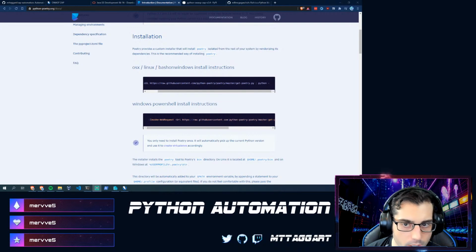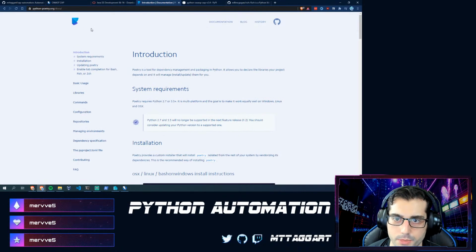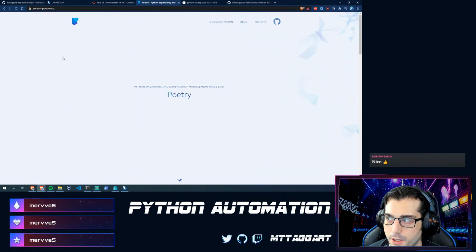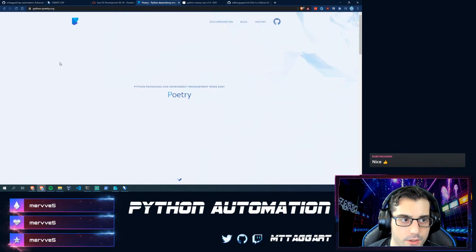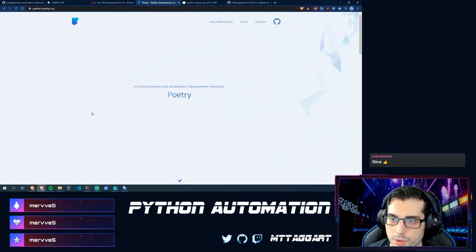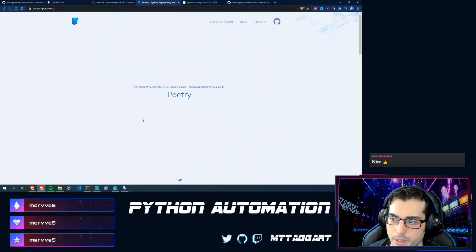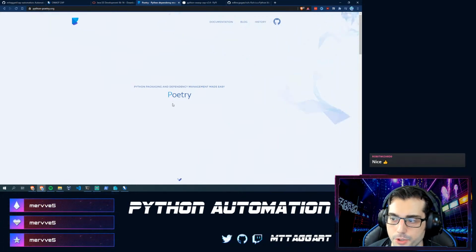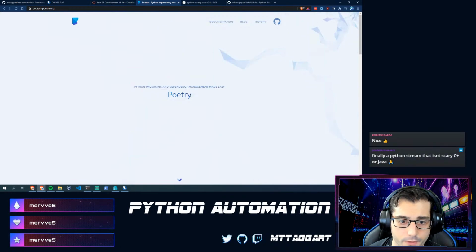Alrighty. Now, I'm starting here on this page because the first thing that I want to solve in terms of problems that I have with Python development is dependency management. If you've ever worked with Python, you know that the dependencies can be kind of all over the place. So we're going to use the Poetry wrapper and dependency manager to make that a little bit easier. If you've ever used Yarn or NPM in JavaScript, Poetry does something very similar in that it will resolve dependencies for you. It will also create your virtual environment for you, so you don't have to worry about any of that.